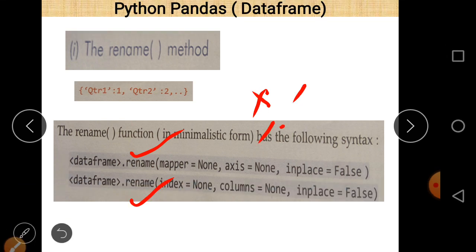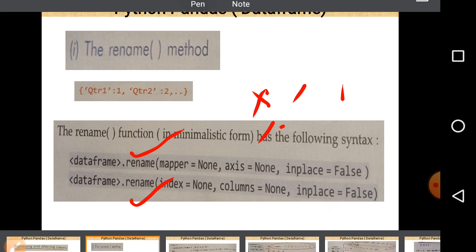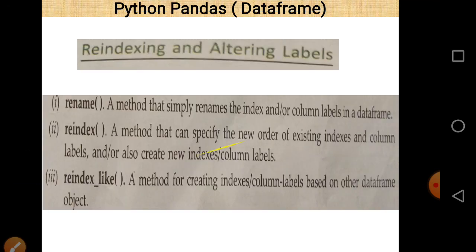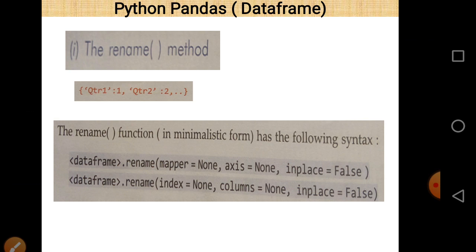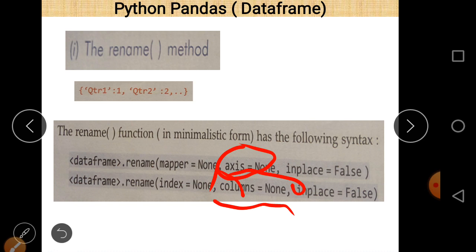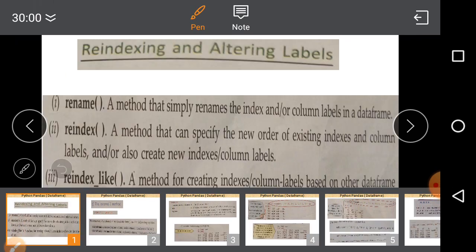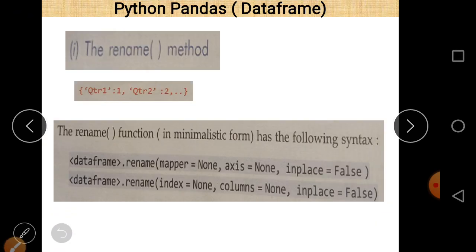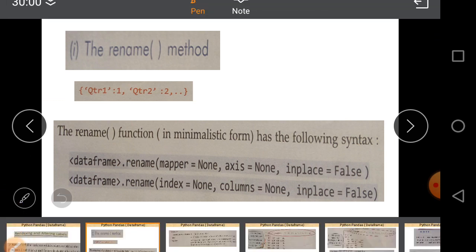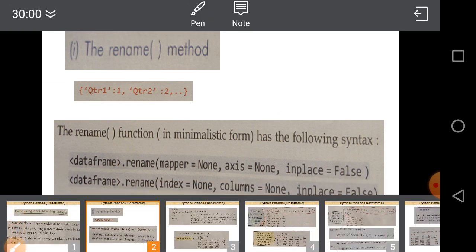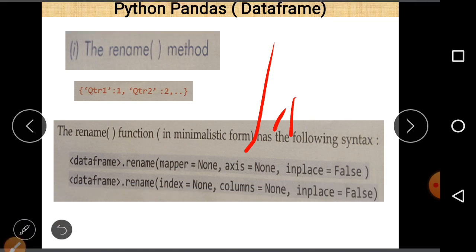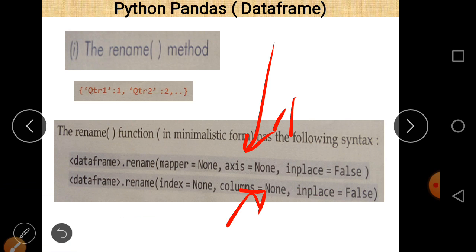In the first one there is a parameter named axis, and in the second one there is a parameter named columns. So the difference is this; rest all things are the same. These are the parameters here: columns and axis.